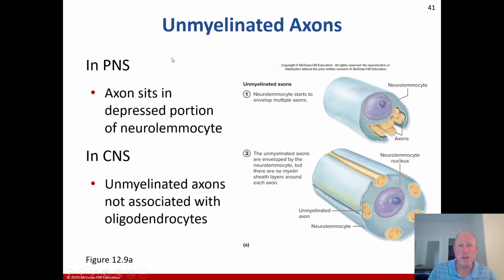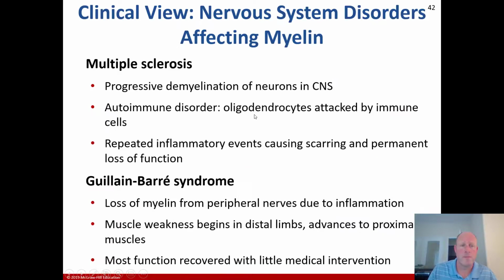Here are unmyelinated axons in the PNS. The axon sits in the depressed portion of the neurolemmacyte, over here, and the neurolemmacyte starts to envelop those multiple axons. The non-myelinated axons are enveloped by the neurolemmacyte, but there are no myelin sheath layers around each axon, the unmyelinated axons that are not associated with oligodendrocytes in the CNS. With multiple sclerosis,